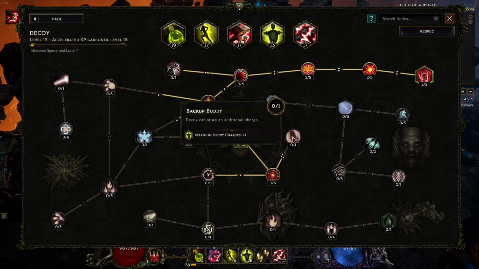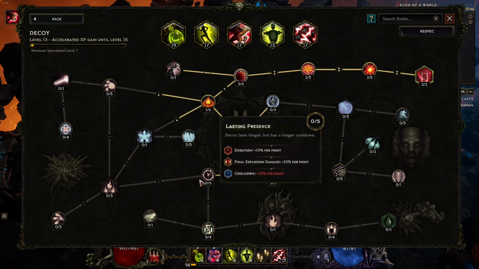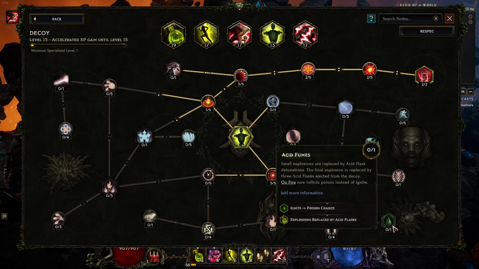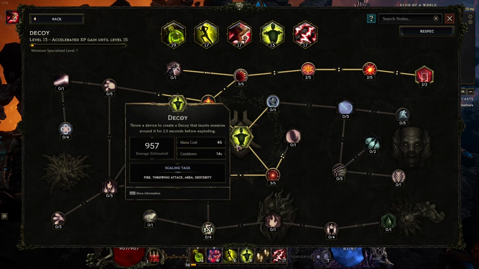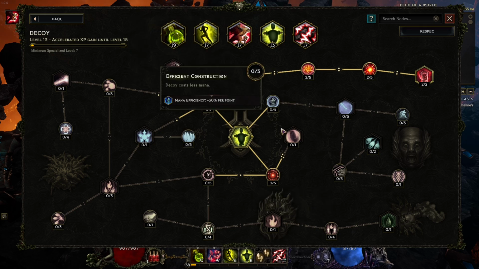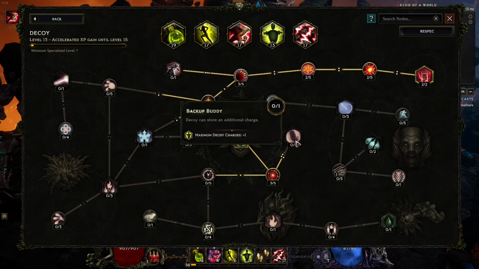Now, if backup body works the way I'm thinking, and we could put down 6 decoys in total, then I will probably have to invest in having items which also increase the level of decoy in order to get here to acid fumes. That might probably be the situation, but we shall see how things evolve depending on how much this works. If it doesn't work, if I put down some decoys and then I have the extra charge and I throw another set of decoys and they just get replaced, which doesn't seem